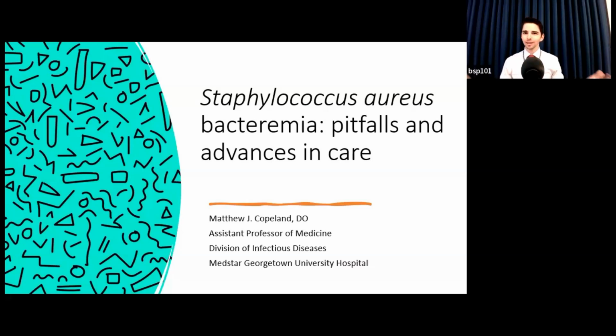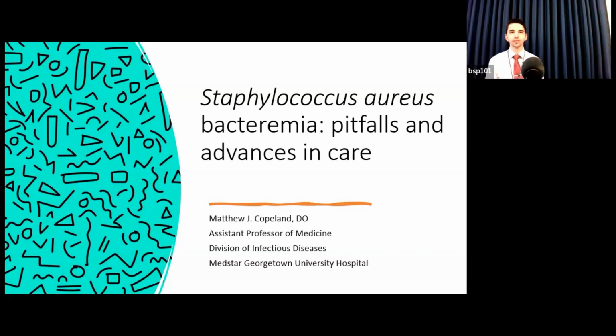I'm going to talk today about Staphylococcus aureus, specifically bloodstream infections and their complications. Staph aureus bacteremia is a disease that carries a high rate of mortality, a high rate of morbidity, and a high rate of recurrence. It's the only specific bacterial bloodstream infection that we have evidence-based algorithms for how to evaluate and treat. And that is a consequence of its high risk of complications.